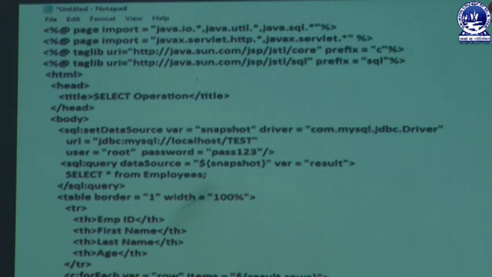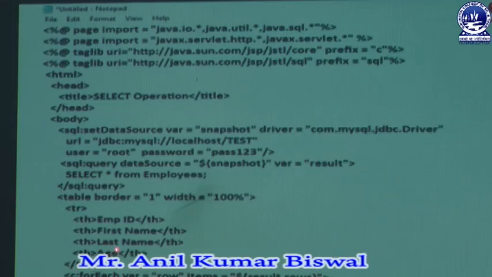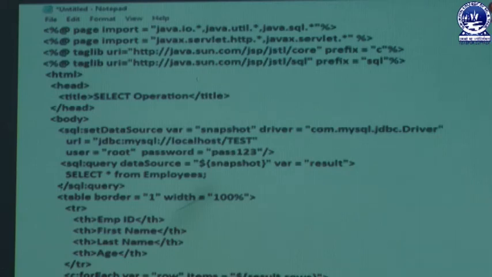That means the table will be represented effectively in our web browser. Then we mention a table row. In that table row we are creating 4 commands, th, th, th, th. That means we are creating 4 columns: employee ID, first name, last name, then age. In this way we are creating the 4 columns in our table.